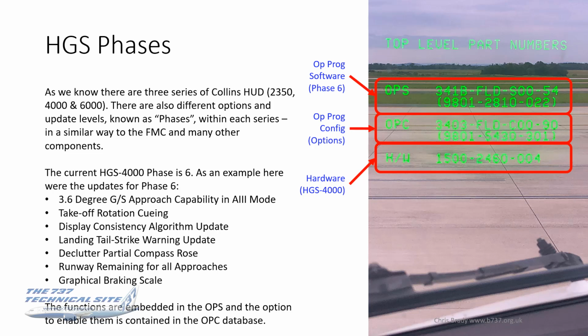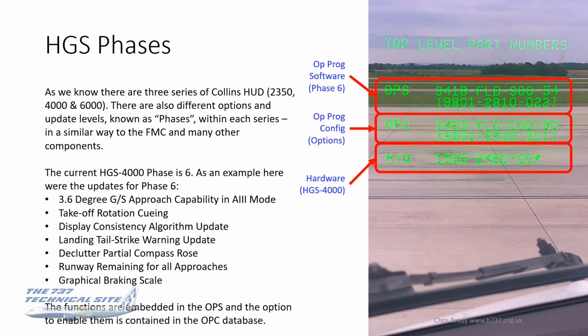I say the one we're most familiar with as pilots is the FMC update. Update 12, update 13, 13.1, 14, whatever it might be. But the HGS system has also got its own updates, and the current one is number 6, known as Phase 6. To give you an idea of the features that were introduced with Phase 6, I'm not going to go through all the phases, but just so you can get an idea of what kind of things are introduced with each phase. Phase 6 included